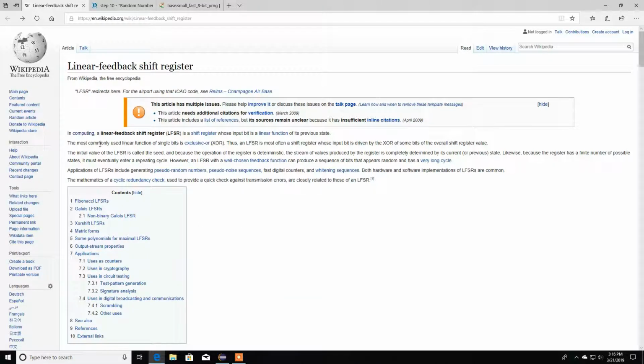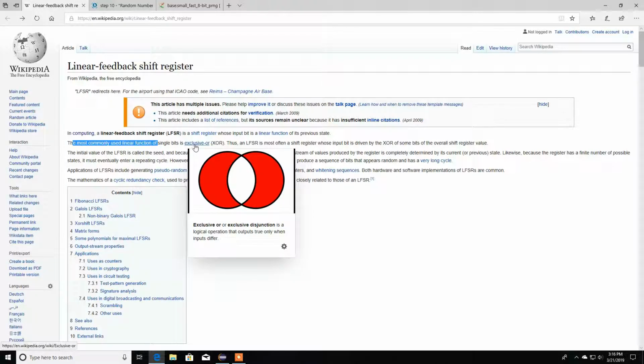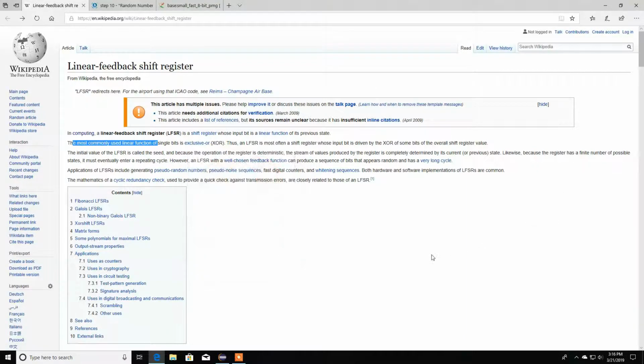Of course, we're going to use the commonly used exclusive OR here. If you remember from the 6502, you can have one or the other, but never both. That's why the outside is red and the inside is not highlighted, a perfect visual representation of what an XOR is. And a linear feedback shift register, or LFSR, is pretty much a pseudo random number generator,